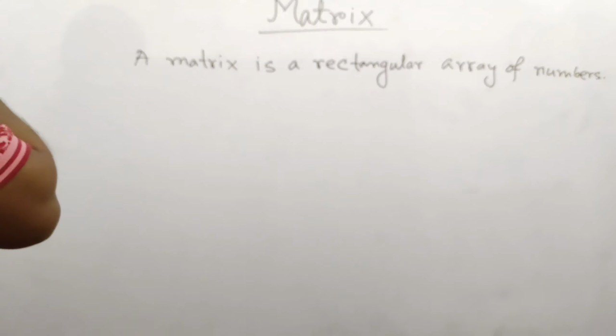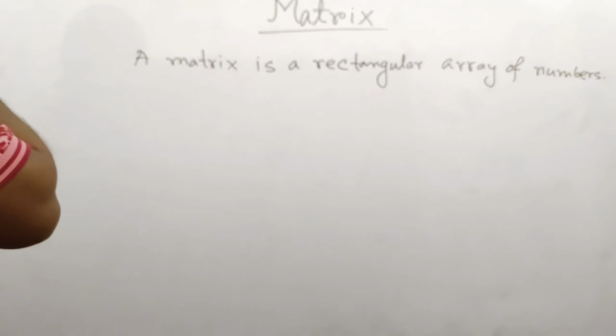Okay. Number 4, unit matrix. Actually unit matrix means if the determinant of this matrix, actually if the value of this matrix is 1, then it is called a unit matrix. It is denoted by I. Unit matrix is denoted by I. That means I equals